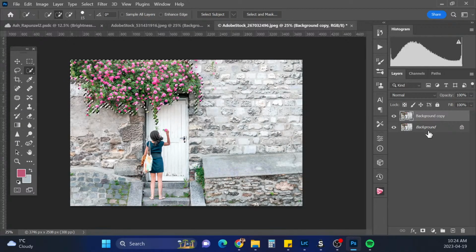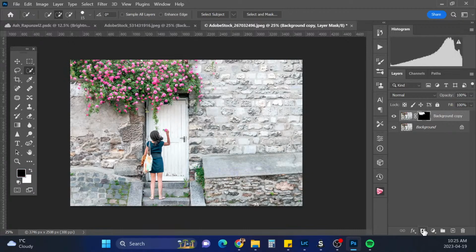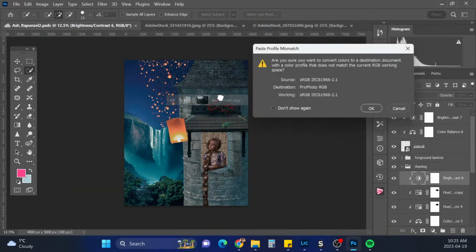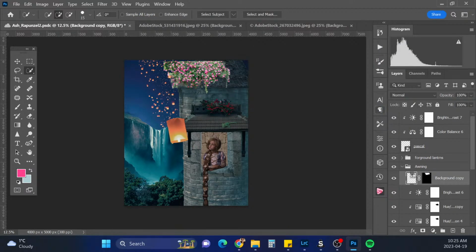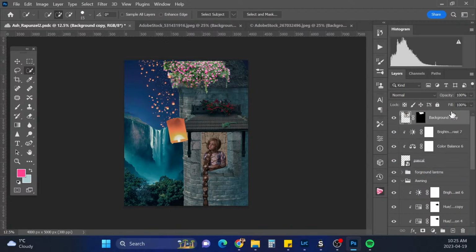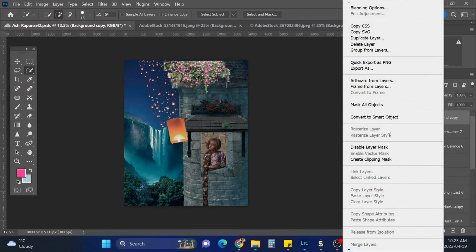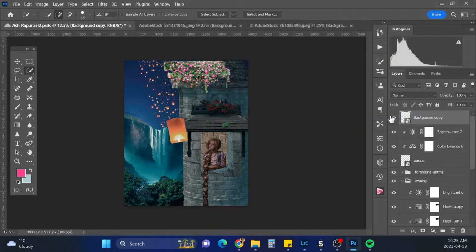It's pretty good. So now we'll go down to the little thing here to make a layer mask, and we'll just drag and drop that in. Oops. And oh, I don't think I want that there. Put that on top, and we will create a smart object.